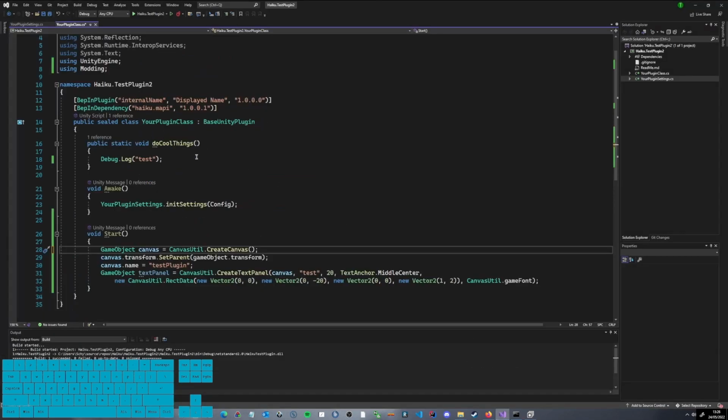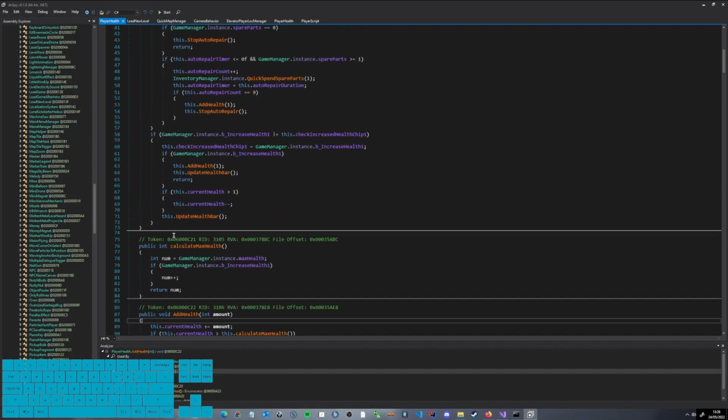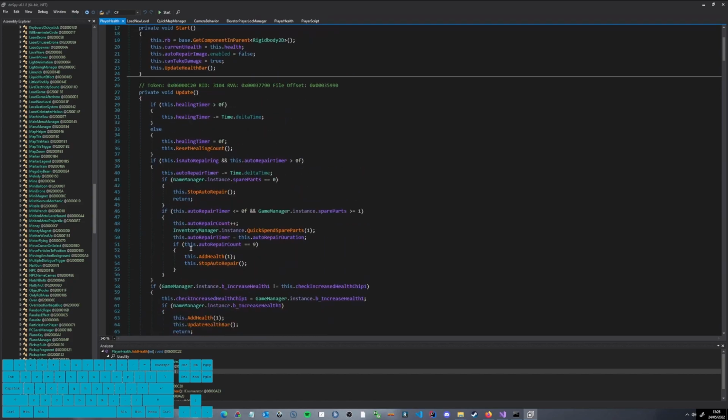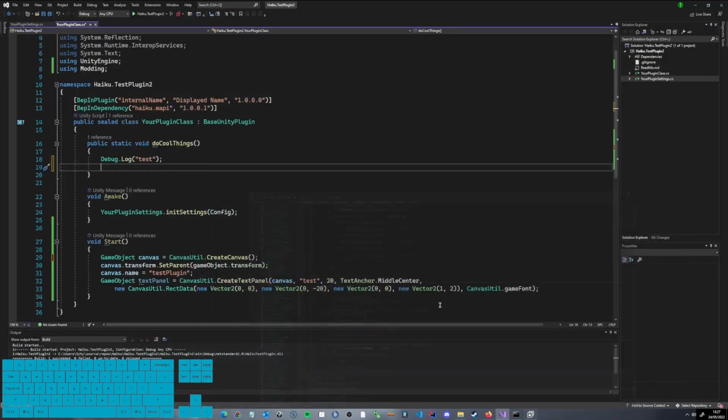Now how do we access this? Since we have the publicized assembly file, we can just access any method. This is right now public, but for example, if there's a private method, since we are referencing the publicized one, we should technically be able to go PlayerHealth.Instance.